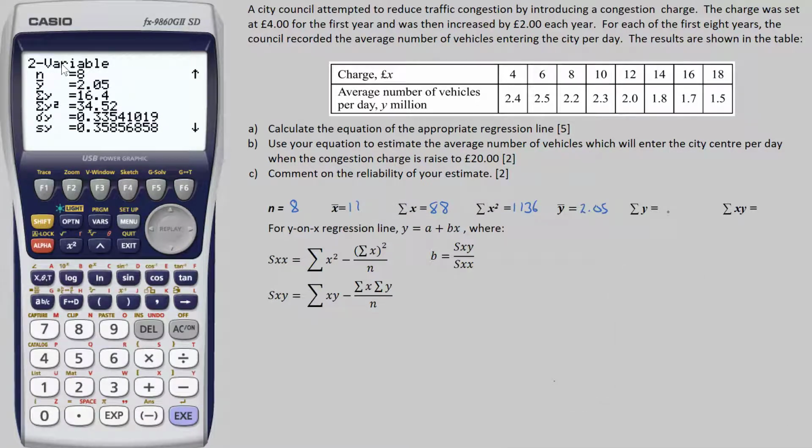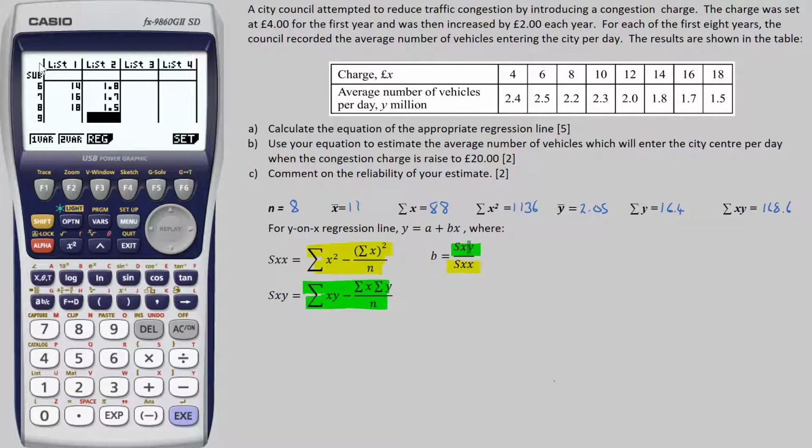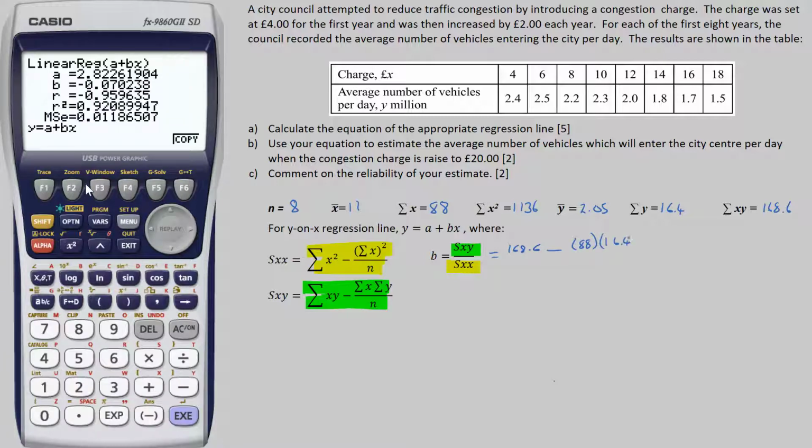As with PMCC, we won't actually type this expression into the calculator. There's no point, as it already knows the value of b. On the calculator, we can find this by pressing the F2 calc function, F3 for regression, F1 for linear regression, followed by F2 for y on x regression. Now obviously F1 is going to give us the other sort of regression, the x on y regression line, so you'd have to press that one if that's the one you were doing. Now you can see we have the values displayed for a and b along with our r value, which we already know is PMCC. So let's write down the value for b and also our method for finding a.